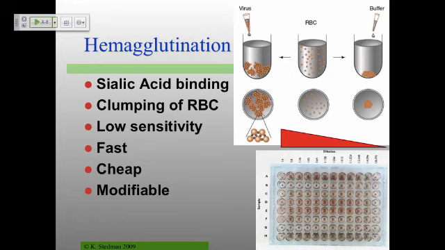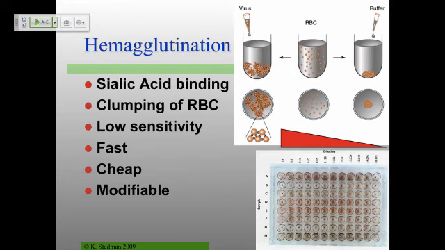This is very often done for clinical samples. You're basically looking yes, no, is there some kind of hemagglutination activity present in a particular sample. There are some advantages to this. It's really fast, it's really cheap. You can modify it, you can use antibodies to various different cell types, but the major problem is the sensitivity is actually really, really low. If you think about 1 in 8,000 relative to the 1 in 10 to the 8th, 10 to the 9th that we're looking at with plaque assays, this is clearly an issue.